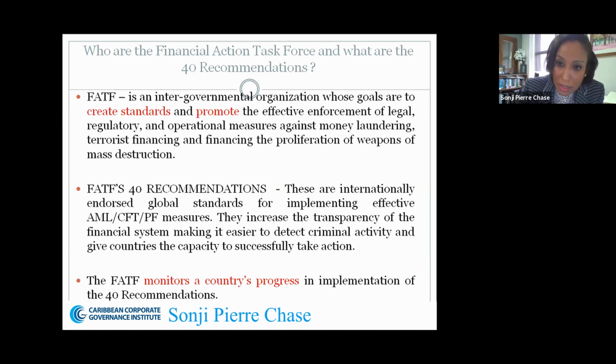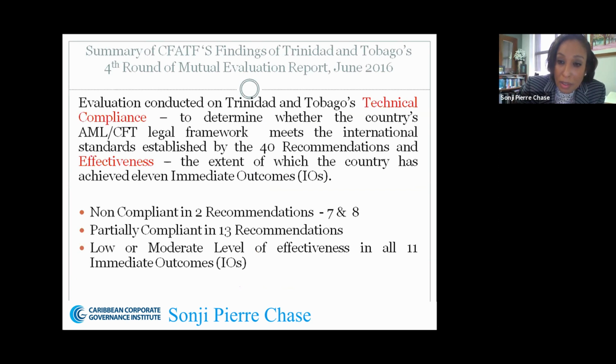Now, under FATF, there were 40 recommendations that were issued by the organization to all countries. All countries were required to implement these 40 recommendations. The Non-Profit Organizations Act relates to one of those recommendations, which I will come to in a bit. In 2019,